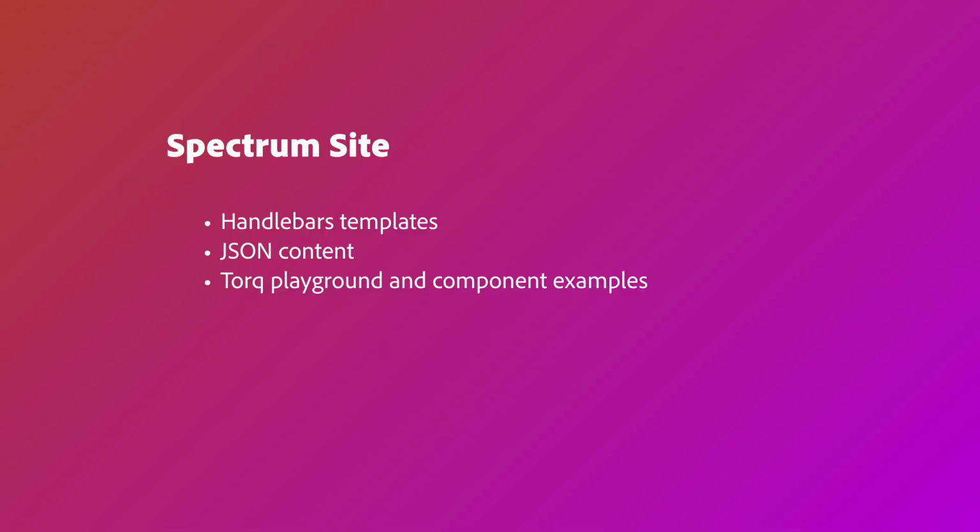So the hybrid subgroup works on what is known as the Spectrum website. It's built with handlebars templates, and the content is currently JSON. It's going to get delivered by CMS soon, hopefully Netlify. And right now, our designers make edits to the content using just GitHub. They go in and they just write in the JSON and they commit it themselves because our designers are awesome. And it involves things like Torque, our internal frameworks, Playground, and component examples, a little bit like React Storybook, but